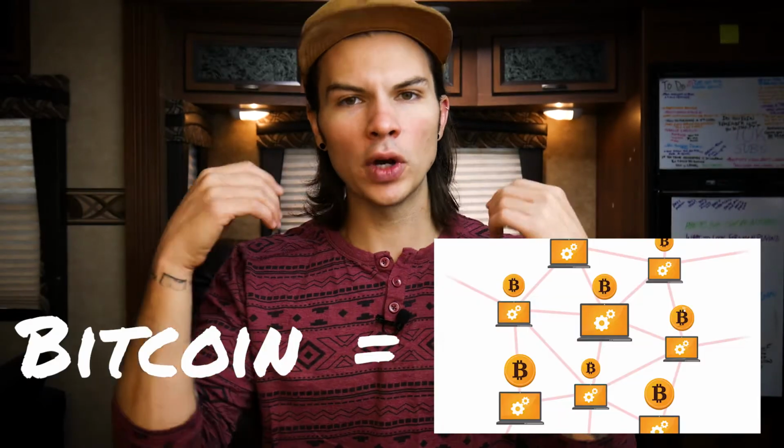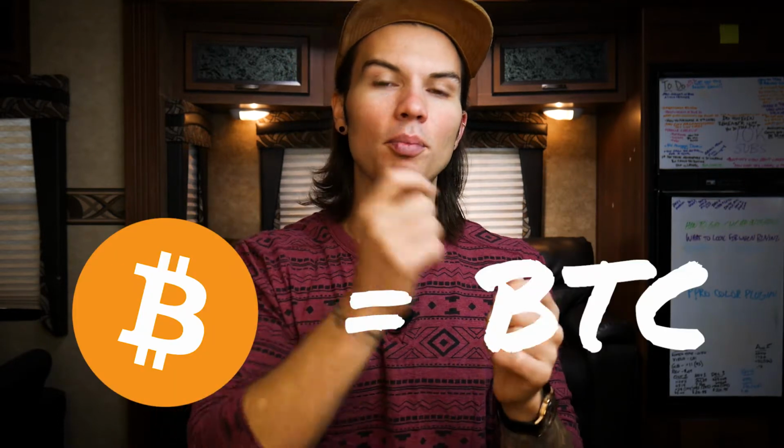So let's use Bitcoin as an example. Bitcoin is a cryptocurrency. However, Bitcoin is the network. The token which is being traded is technically BTC. So this is where it gets confusing. The token is not a string of code, it's not a hash, it's technically nothing at all. There is no physical way to tell two BTC apart from one another.